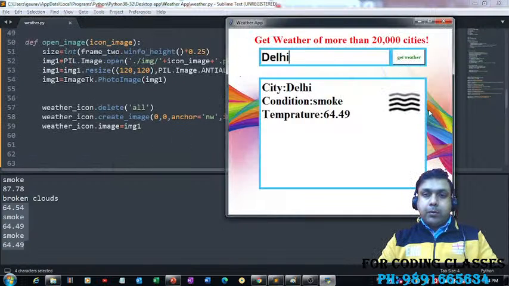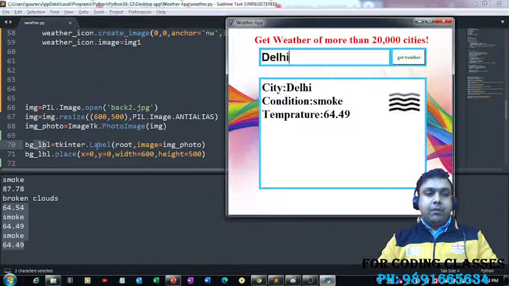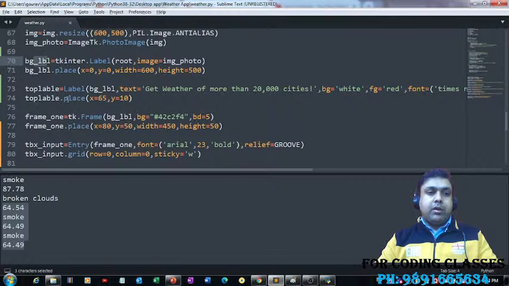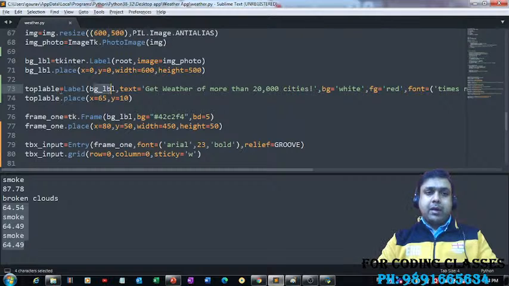Now on top of this label box named bg_label, we have defined this label box named get weather. That is the reason I have passed this bg_lbl to this top label as a parameter. Fine. And then we have another frame named frame1, which we have on top of this bg_